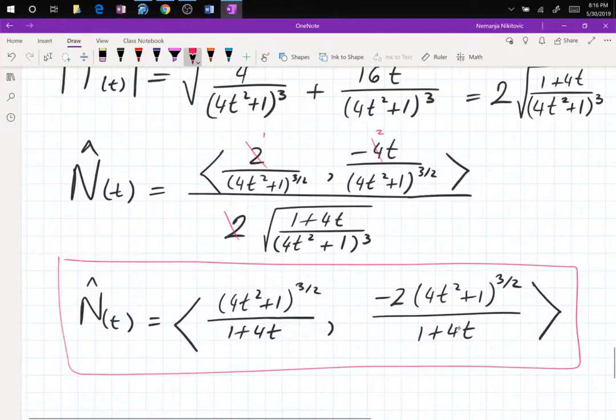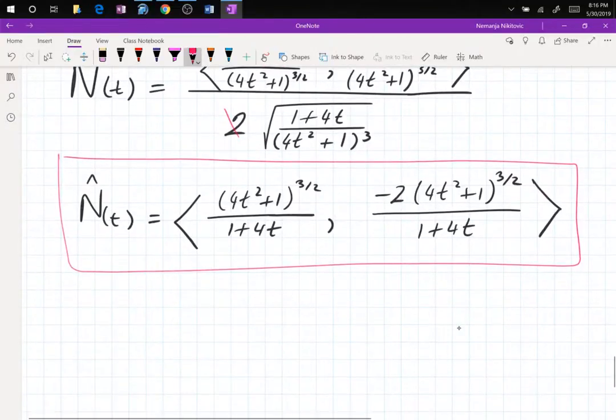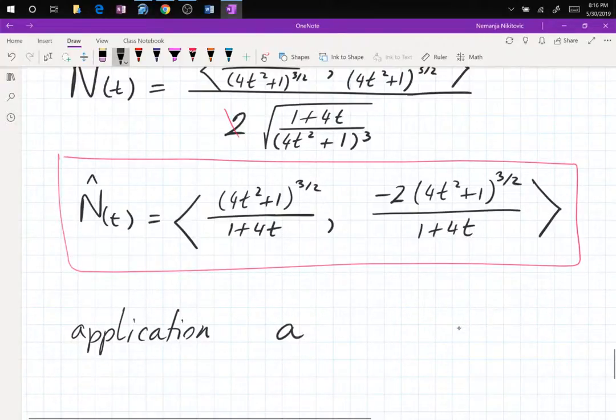Now, why? Why do we bother going through all of these calculations? Well, it turns out that if you want to measure acceleration, there are tangential and normal components of acceleration. And for that, you need the normal vector and the tangent vector, unit vectors. So the application, we're not going to go into this because this is applied physics. But the application is that the acceleration vector